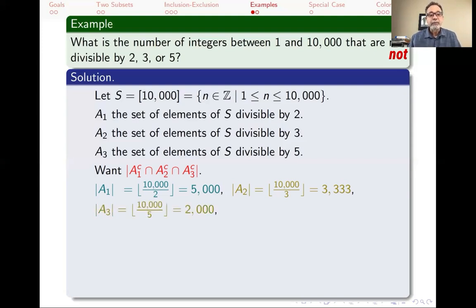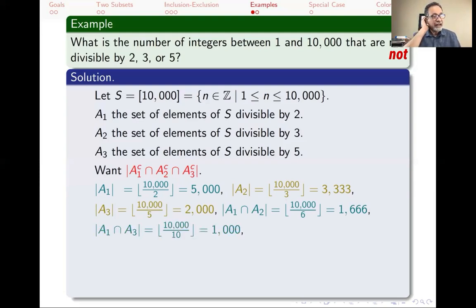But then how many of them are divisible by 5? That's 2,000. But we also need to find the intersection. So what is the intersection of A1 and A2? Those are the numbers that are divisible by 2 and 3. Those are exactly the numbers that are divisible by 6. The number of those is, again, the floor of 10,000 divided by 6, which is 1,666, assuming that I've done my